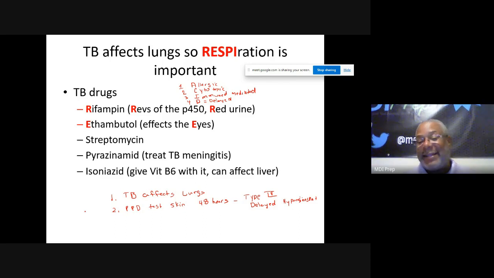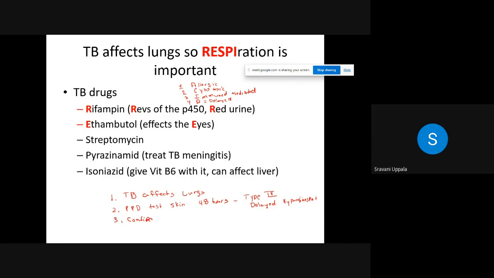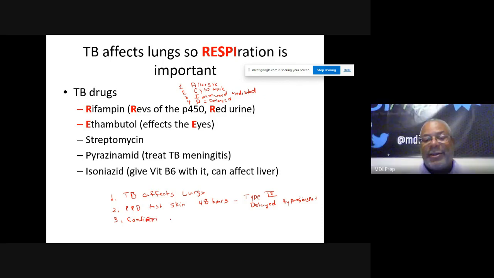Now, somebody said it earlier, but how do you confirm TB? X-ray. X-rays. Perfect. So you confirm it with an X-ray. Okay, so now you've confirmed that the person has TB. Now you have to treat them, right? So the treatment,